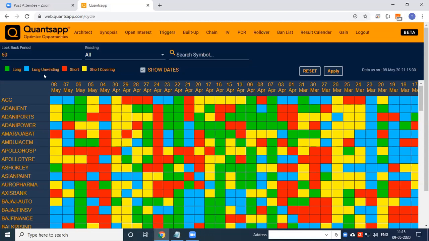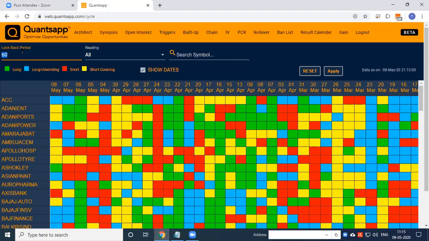Okay. So basically we see how the colors are showing us what the trades are. Now you see whether you are continuously seeing more of green, more of red, more of yellow, or more of blue. So what is the beauty of this product is that you can scan from